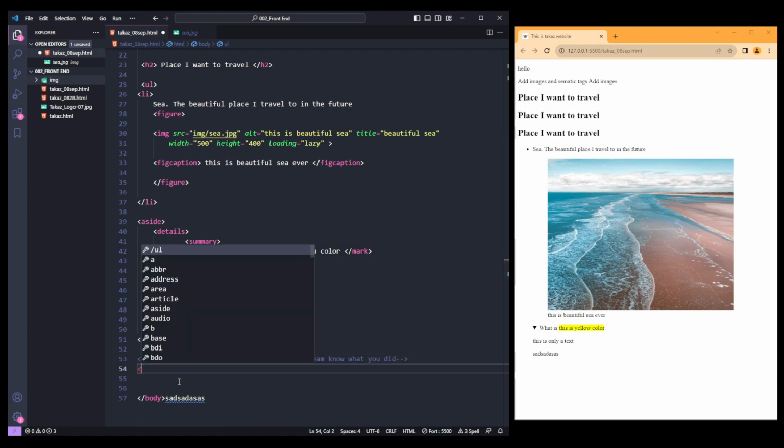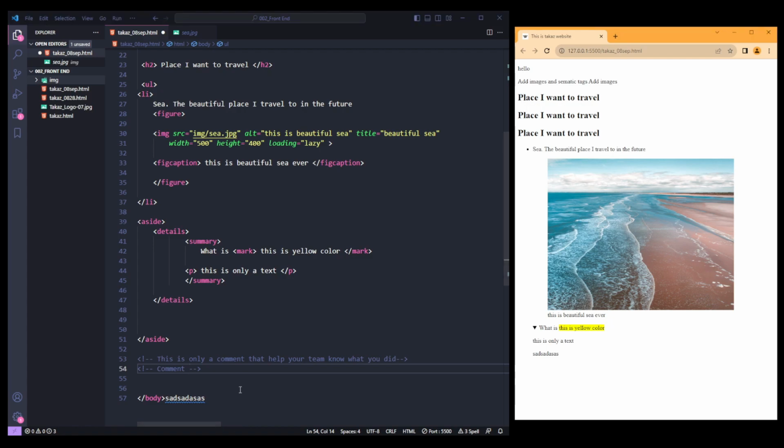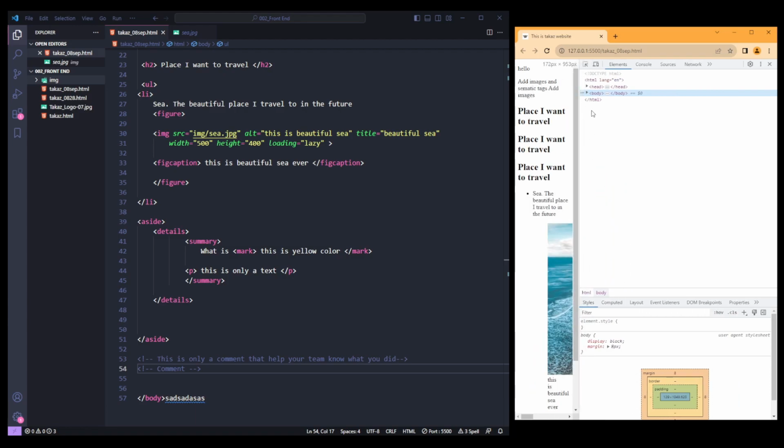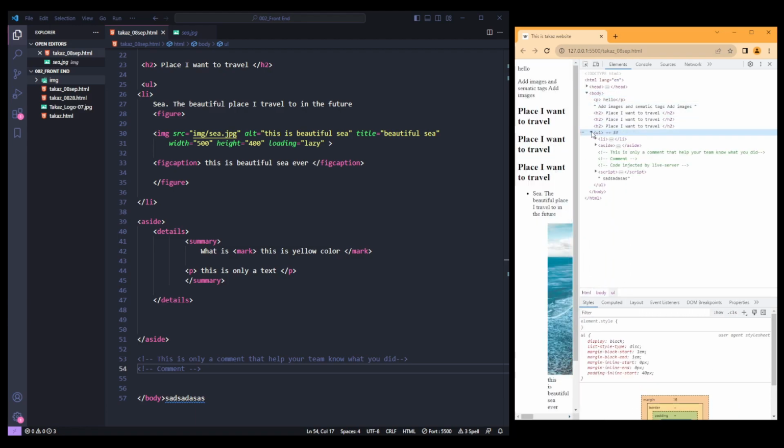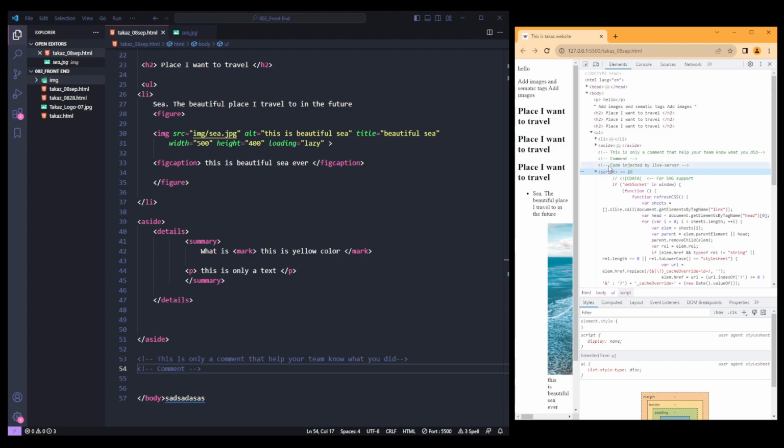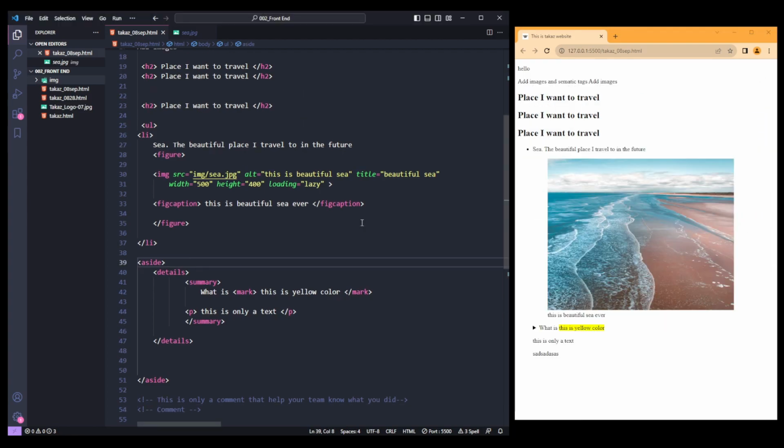Right, a comment will not appear on the page, but it will appear in the code, so when your team looks at it, they know what it is. Comment, right? So yeah, I think